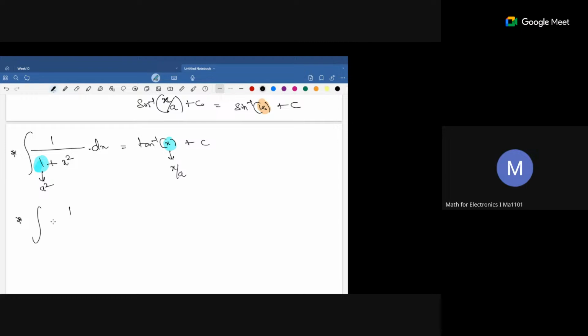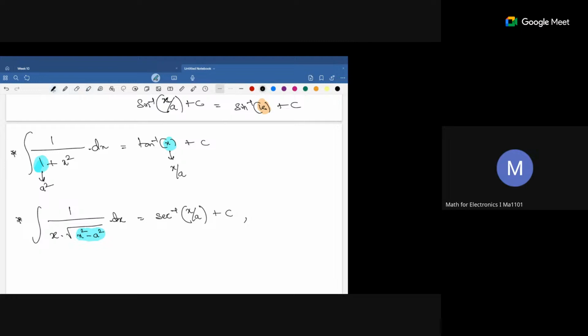And the other integral which we can compute is 1 by x into square root x square minus a square dx. So this is slightly tricky, but after certain substitutions, we can actually reduce this to secant inverse of x by a plus c. And a point to note is that you see this particular x square minus a square in the